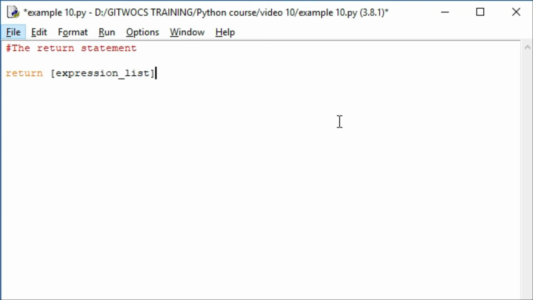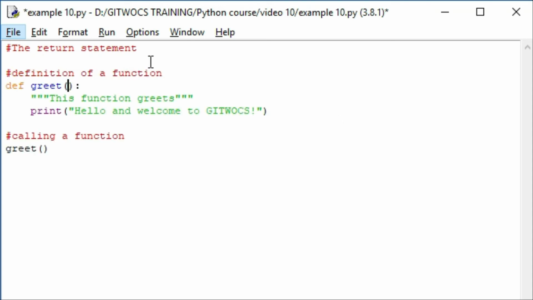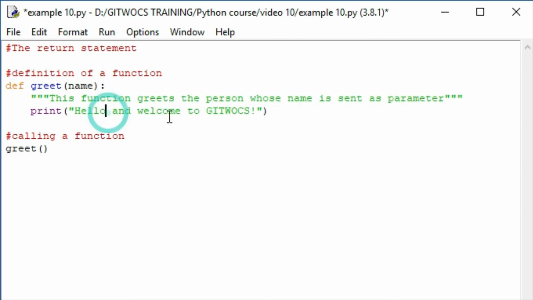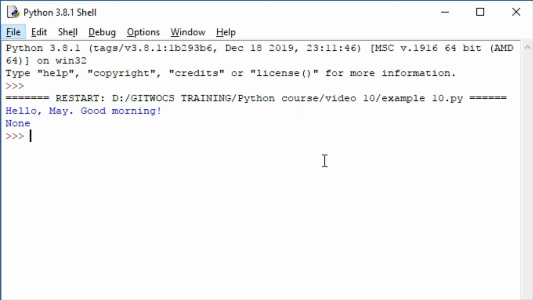For example, here again we will be using a previously created function to greet someone. So here we have def greet(name). This function greets the person whose name is sent as parameter. Print hello plus name, good morning. Then in the function call we have print greet and we send as argument May. So if we save this and run, first we have hello May, good morning printed to the screen. Then we have None. Here None is the returned value, since greet directly prints the name and no return statement